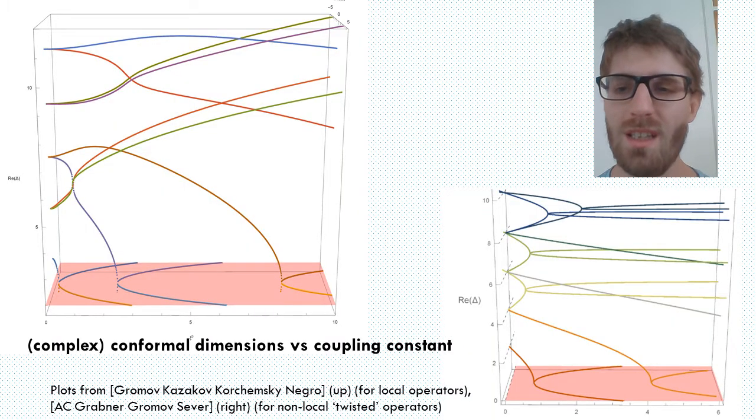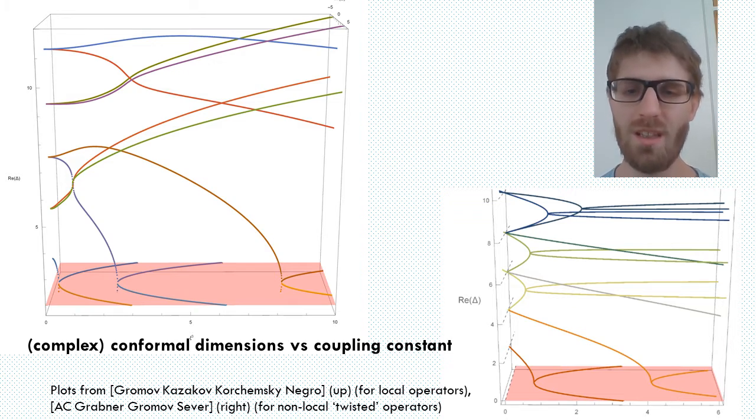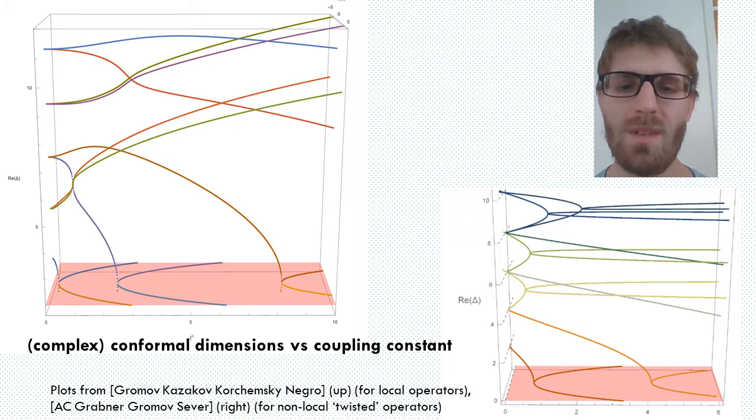For instance, in these plots, it's shown part of the spectrum of conformal dimensions as functions of the coupling constant. You can see from the pictures that there are branch points, and the scaling dimensions can become complex, which is a sign that the model is non-unitary. While the plots are very complicated and are not described by any simple formula, the whole spectrum is computable exactly. I will explain how one can do that and present some perspective on the computation of more complicated observables.